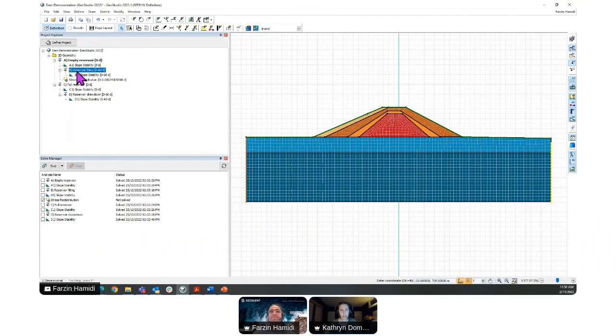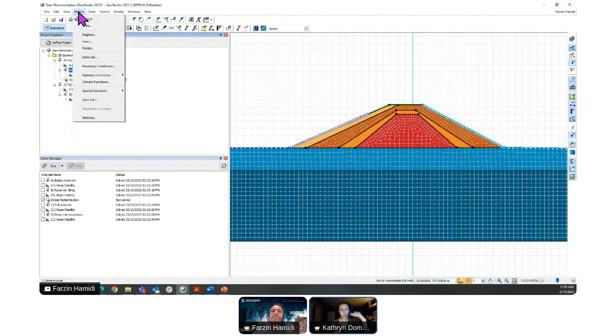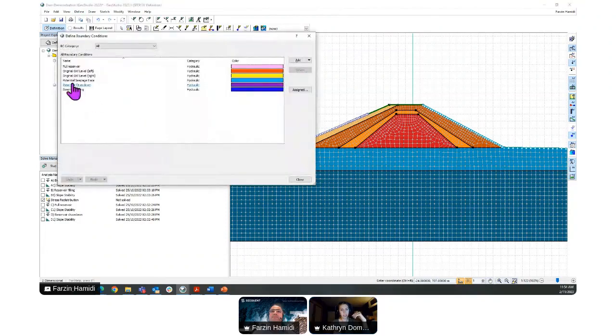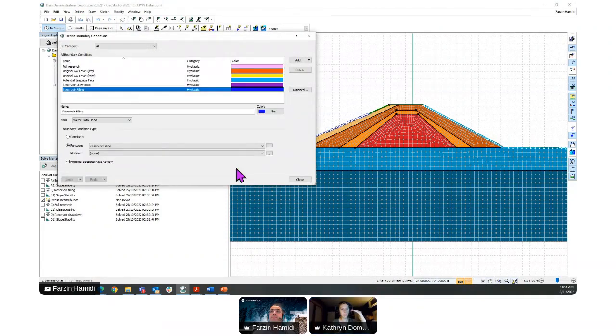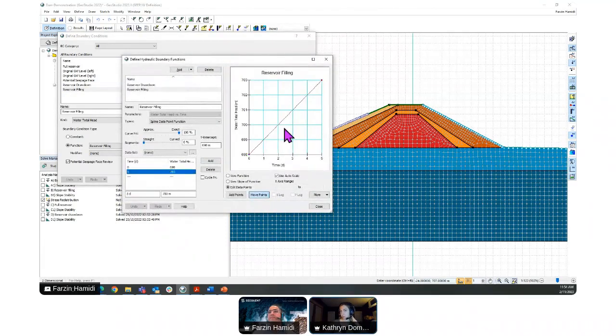On the upstream side, you would typically know how high your reservoir is, right, Farzan? Like you know where your reservoir level is going to be at its highest point. And then as I mentioned before, if you have a boundary function where the water is going up and down, just have the boundary go all the way up to the highest level. Yeah, you can show that boundary function. Thank you. So we know that the highest level is there, and so that's where we put the boundary condition up to. But say you had a function that was going up and down over time, you just find the highest point and then you'd apply the boundary up to there.